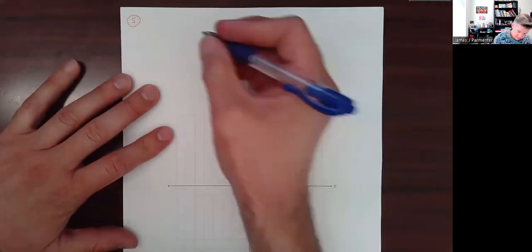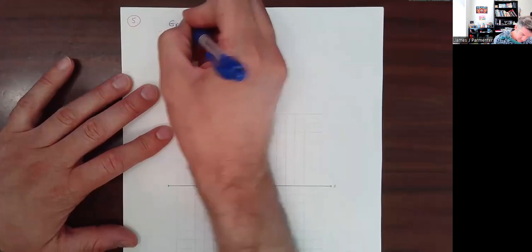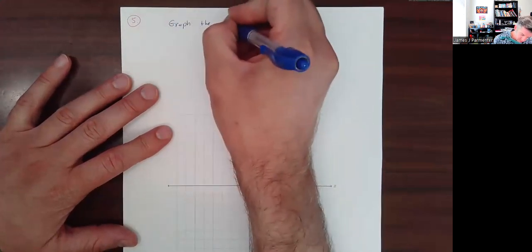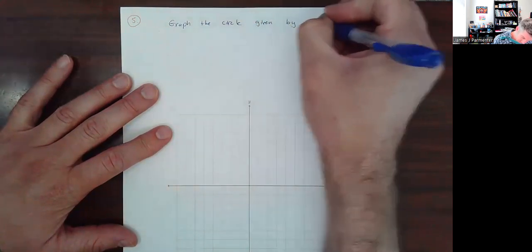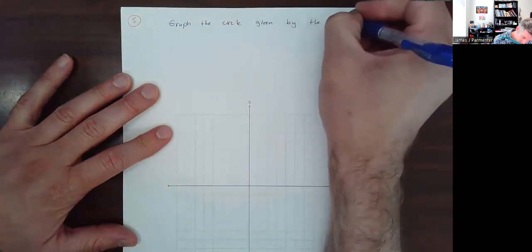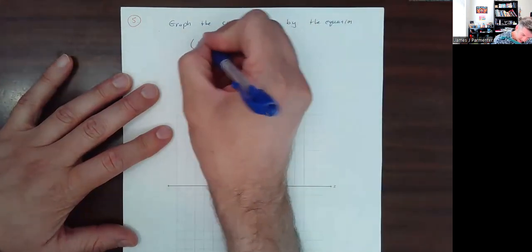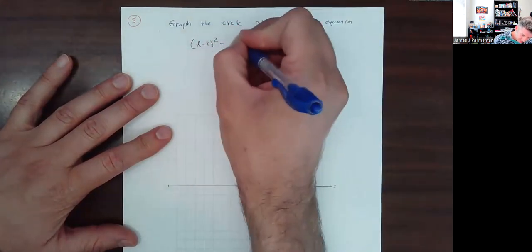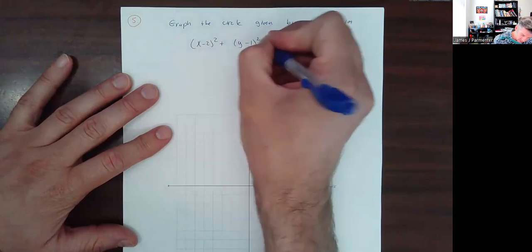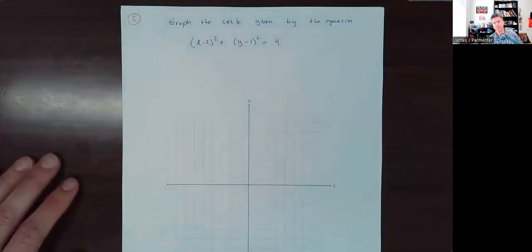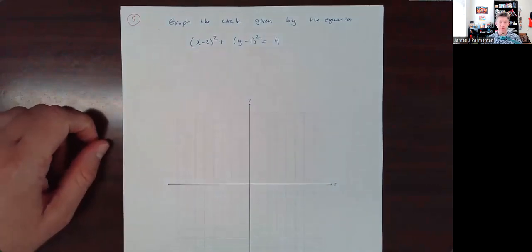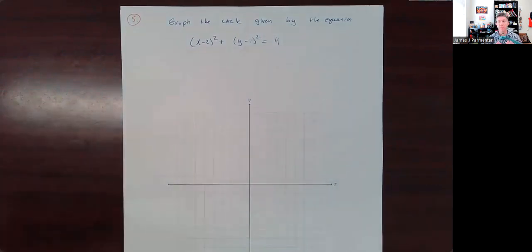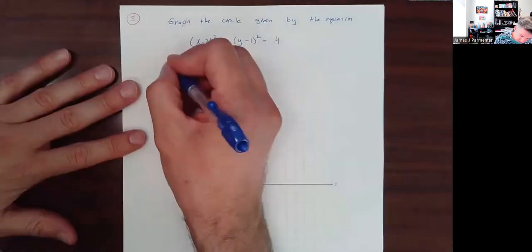Graph the circle given by the equation (x minus 2) squared plus (y minus 1) squared equals 4. Cool. So really, there's not too much to do here. First, to graph a circle, you have to be able to identify what the center is and what the radius is. So the center,